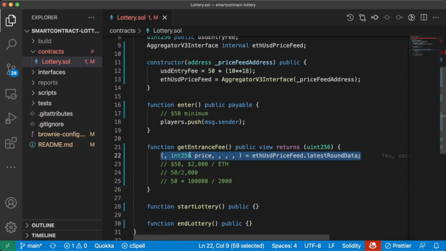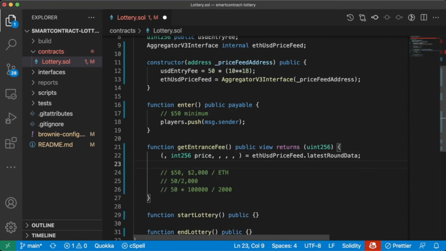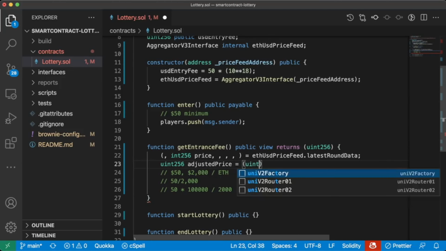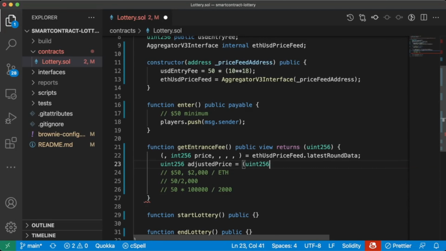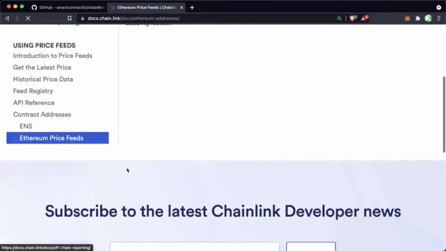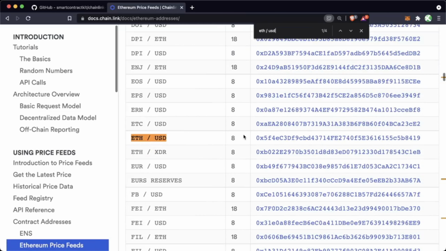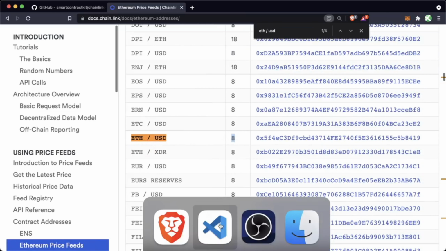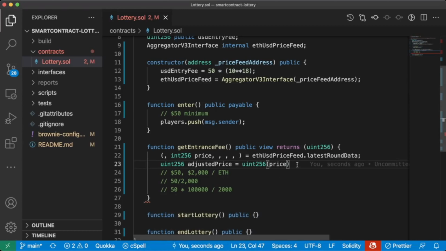But first, let's go ahead and convert this price from int256 to uint256. So we'll say uint256 adjusted price equals uint256 price. And then, since we know we're going to be using an Ethereum USD price feed that has 8 decimals, let's also just convert it to having 18 decimals as well. So we can also do times 10 raised to the 10th. So now we can have 18